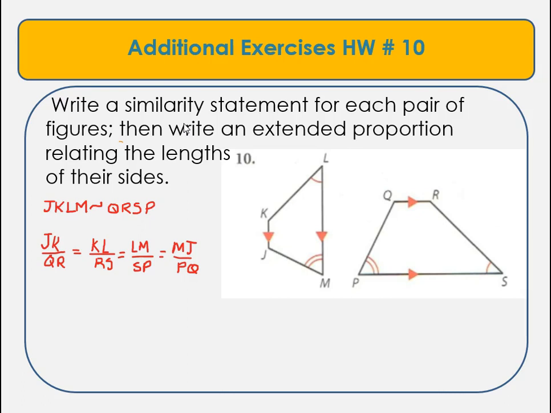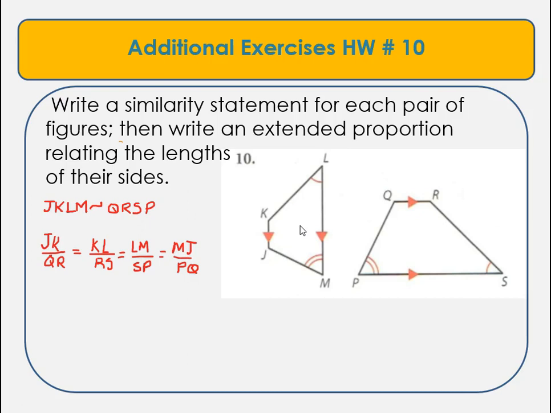Now we're going to write extended proportions, and you can do this by looking at each side of the trapezoid, but there's actually a shorter way. And sometimes you won't have pictures of the figures, and you'll have to go by information that you've got. So let's begin here. The first segment was JK, and JK is the first two letters of the smaller trapezoid. So JK is to